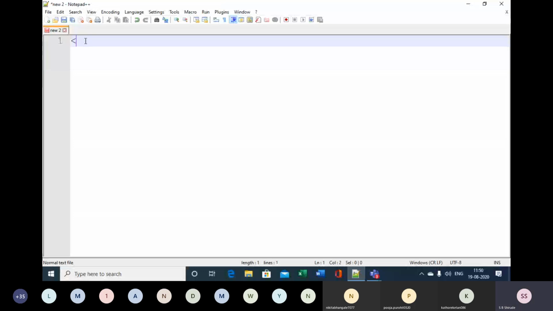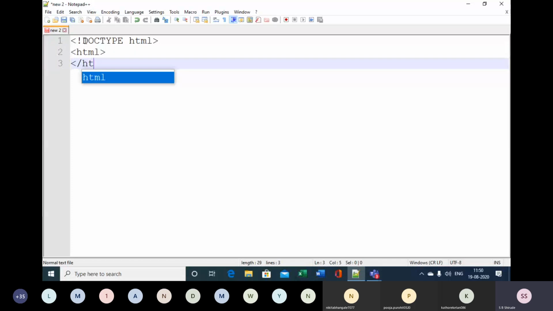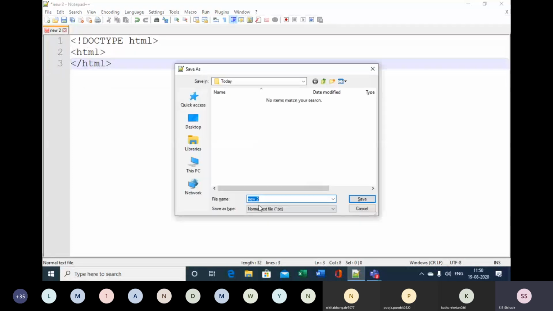Making use of the topics that we have learned today, we will see it practically. So DOCTYPE html. To get the auto completion features, I should save that file as .html. If I do not save it, then I will not be able to get those auto completion features.